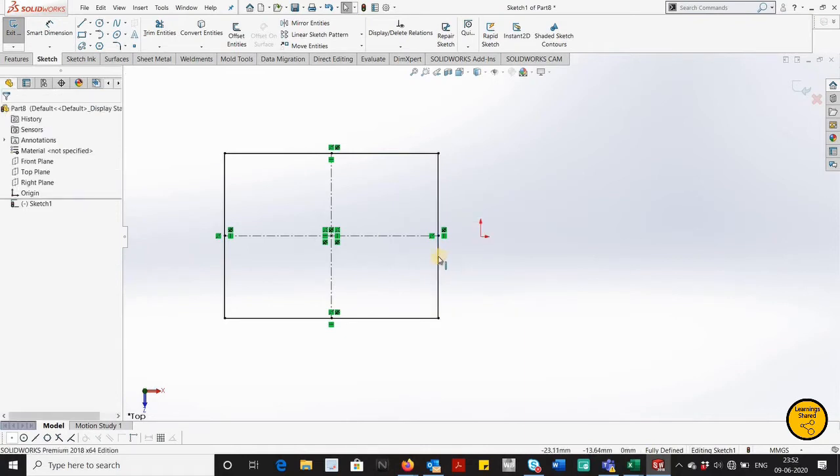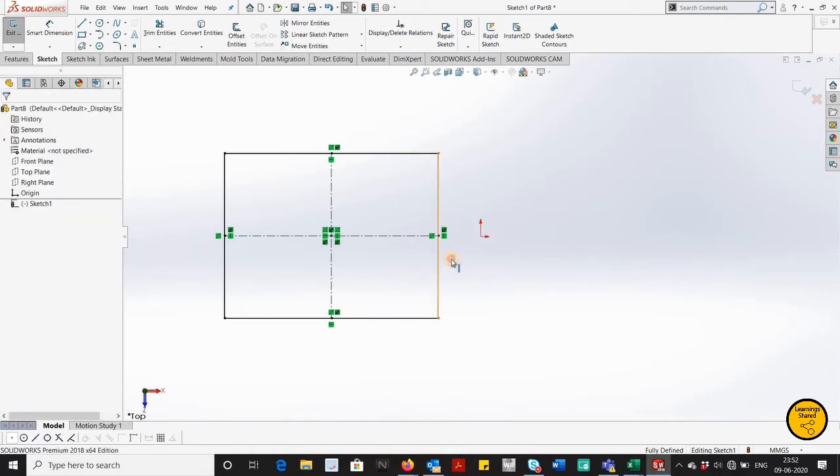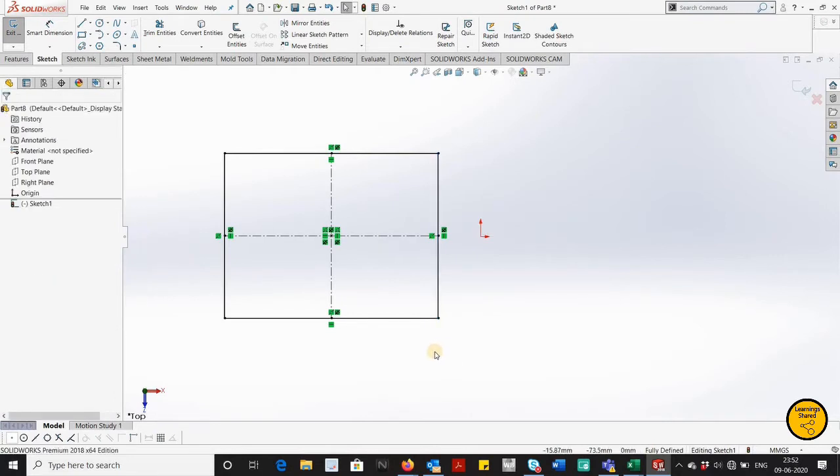If your sketch is constrained, then you cannot drag it. You can see here, as soon as I try to drag it, it says cannot drag, the selected item is fixed. So your sketch will not change its shape.